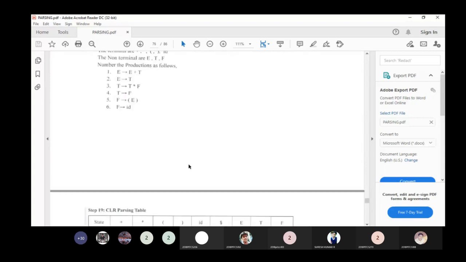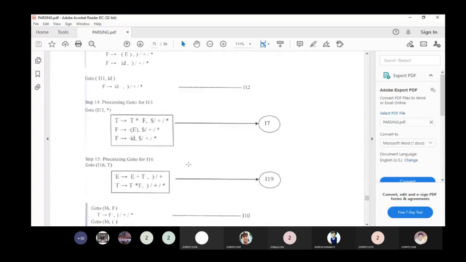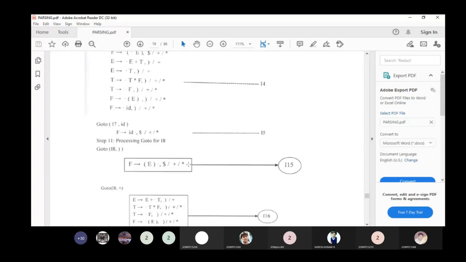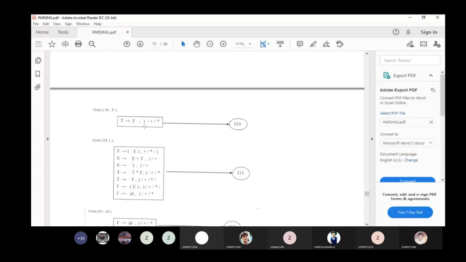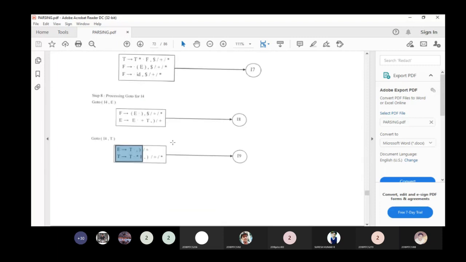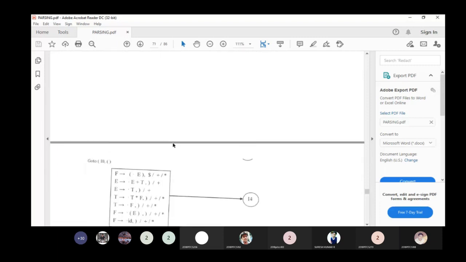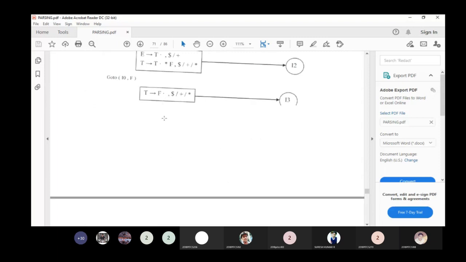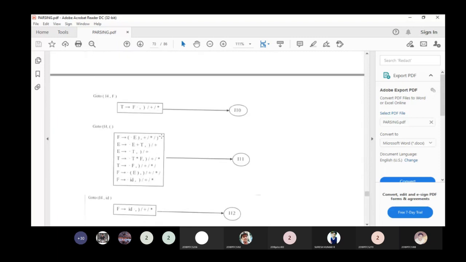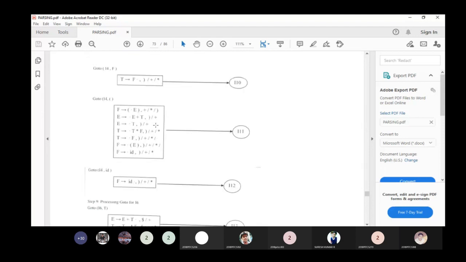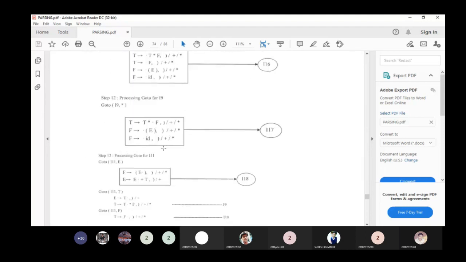So you verify 3 and 10. This is 10. 10 is F dot. What is 3? You see that 3 is again F dot. So you combine 3 and 10.